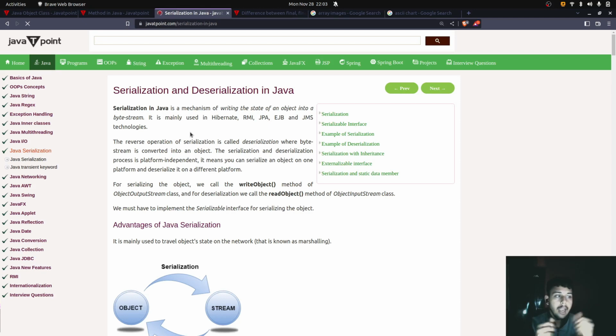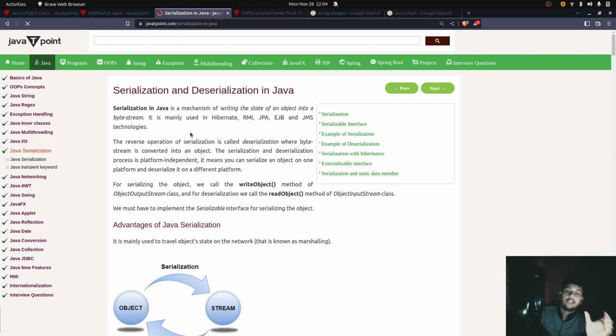I have created that object, and I want to take the data from here to another computer. So Java provides us functionality where we can save that particular state of an object into a byte stream. It can store it into a text file. This process of storing the state of an object into a byte stream is known as serialization, and the reverse operation, where the stored byte stream is converted back into an object,